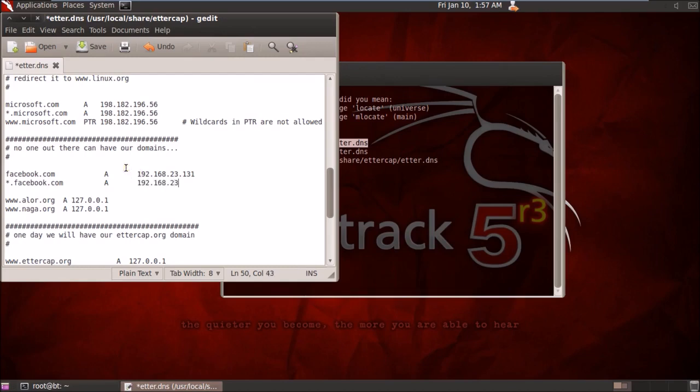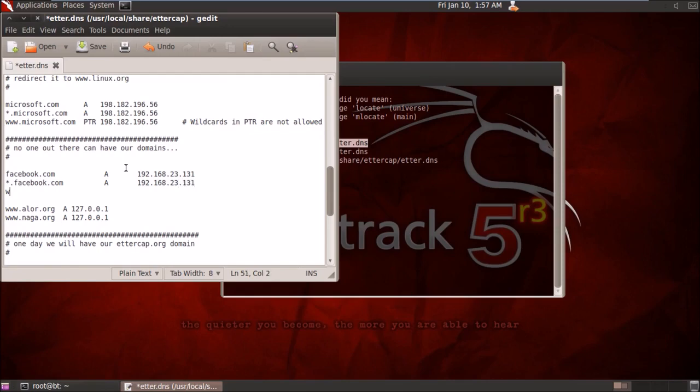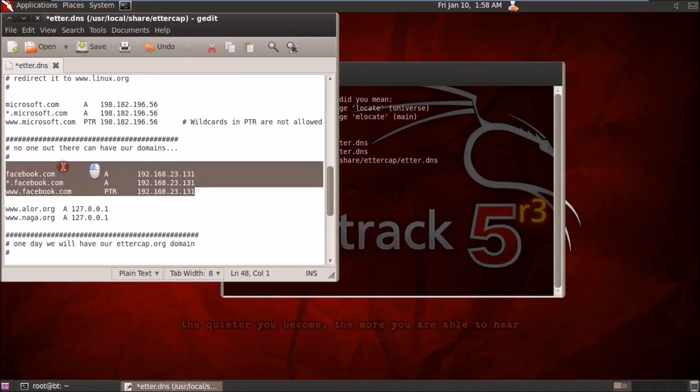That will give you the IP address. I'll save my time and directly enter the IP address over here. Type in exactly the way I've shown you. This is the only change that you have to make in your eater.dns file.